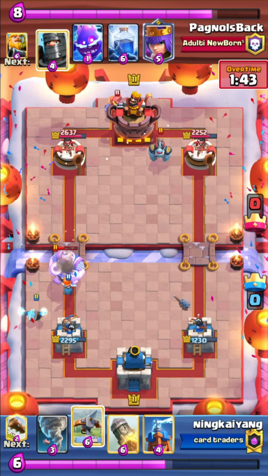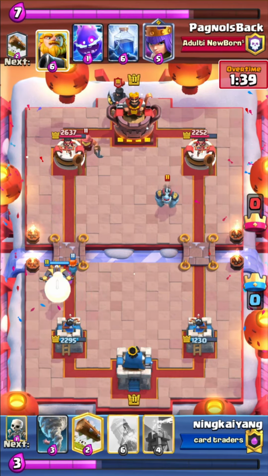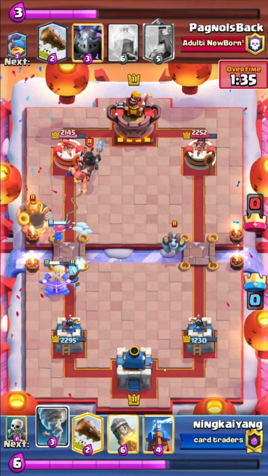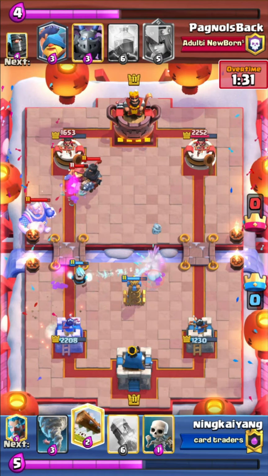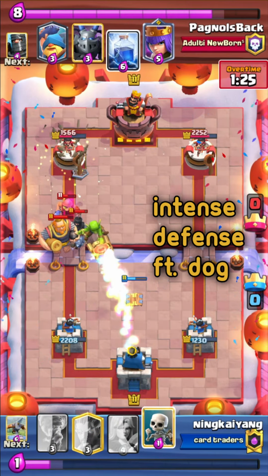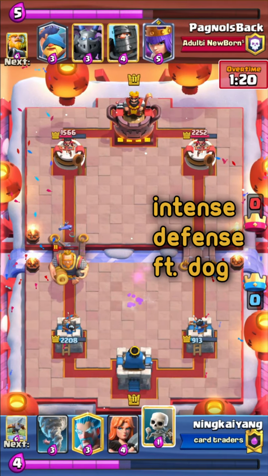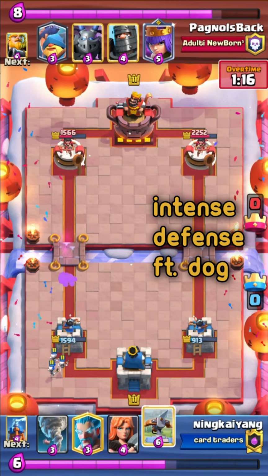This RG, I'm not actually defending really heavily. I'm just setting up for a push, and this is an Xbow lock, and he misses the blocks with the RG because he just cycled Dark Prince, so yep. Now I do a rocket and massive elixir profit, and yeah, he lightnings my tower, and that is not good because